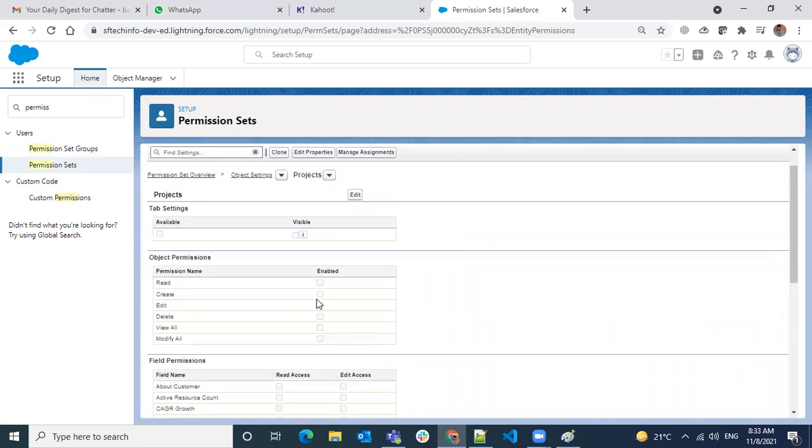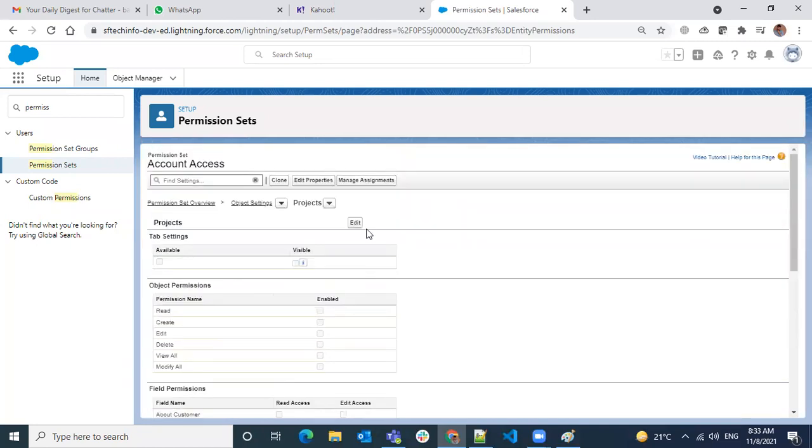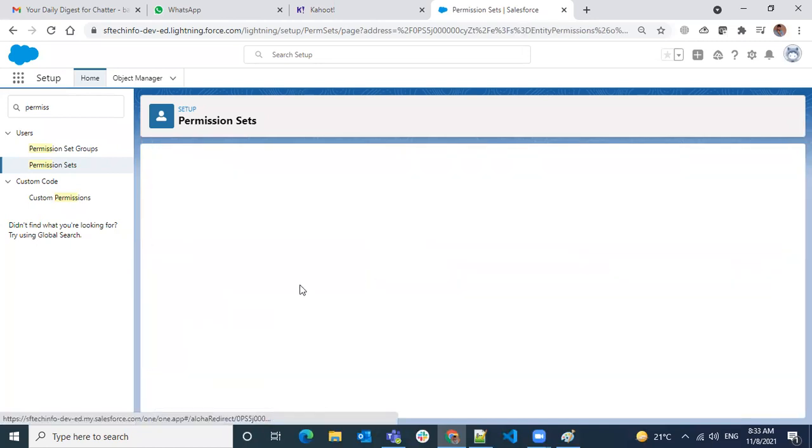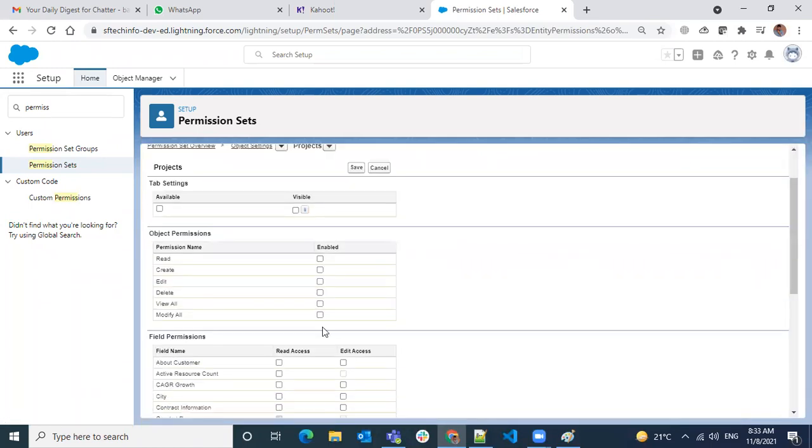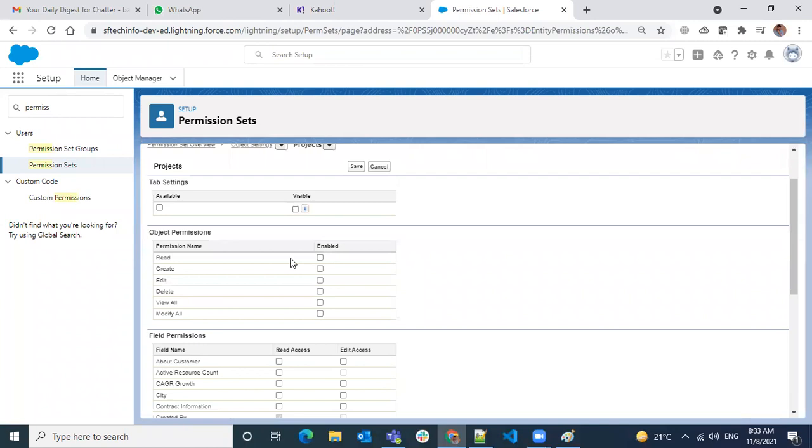So let's say in the profile you have all access, and in the permission set you have everything unchecked. It doesn't mean that if you assign this permission set, it's going to remove this access. No, on top of the profile, whatever access you want to give, you can add. So it's going to be an OR logic. If you have it in the profile, you already have it. What you are not having on the profile, and any additional permissions you add here, only those additional ones are going to be applied to the user.